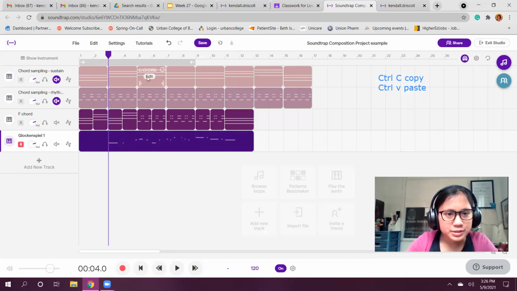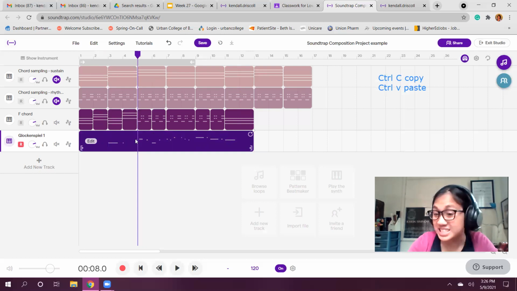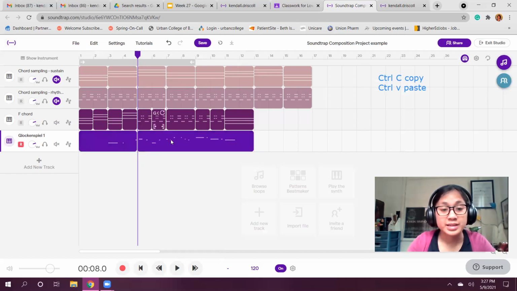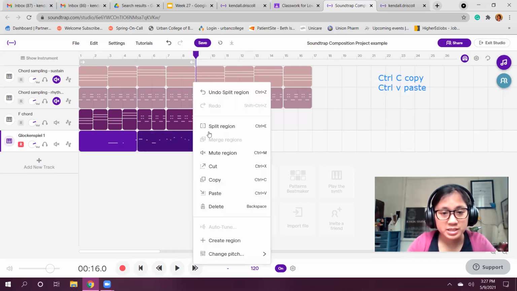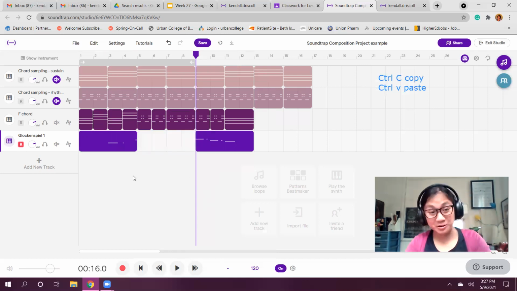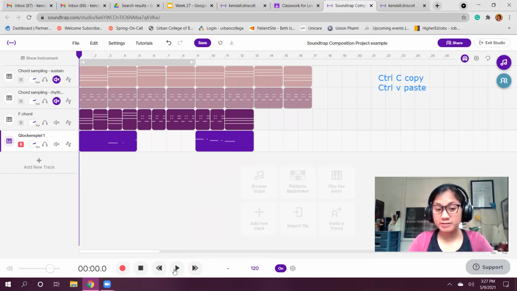If I click in a certain spot, I can split my melody. I'm just going to right click right here, and then choose Split Region, and then I can pick another point that I liked. I'm going to take it over here and split it up. If I didn't like this middle section, what can I do? I can just click it and press backspace and it's gone. So if I hear it from the top,